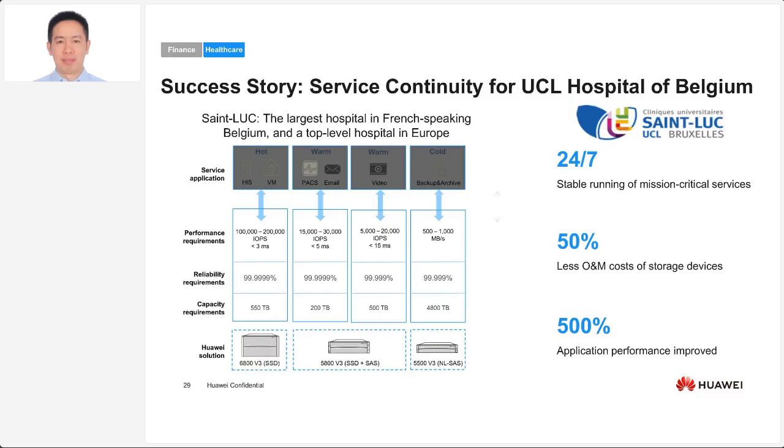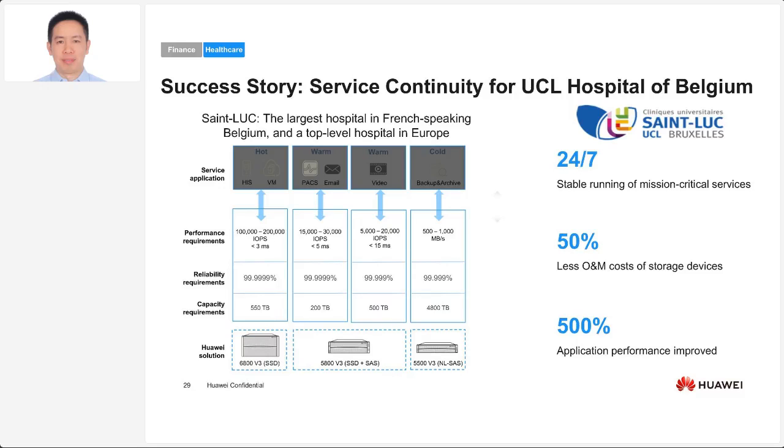It's the largest French-speaking hospital in Belgium and a top-level hospital in Europe, for which we already provide solutions for the performance, reliability and capacity requirements you can see in the table. But the key information is that it runs 24/7 on mission-critical services, with 50% lower operation and maintenance cost on the storage devices,